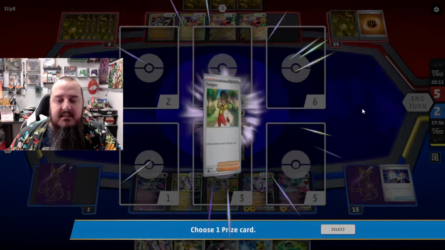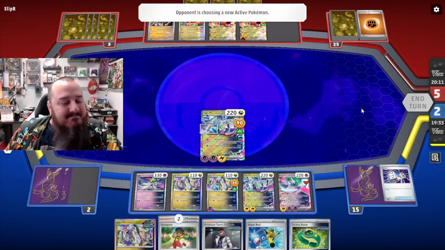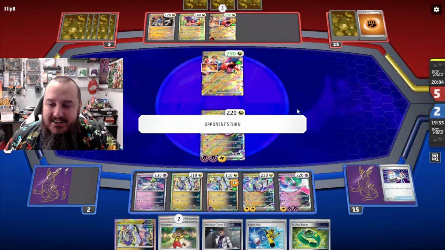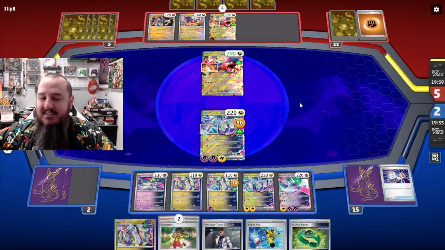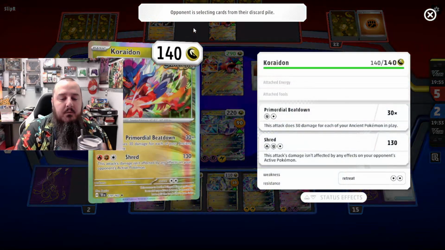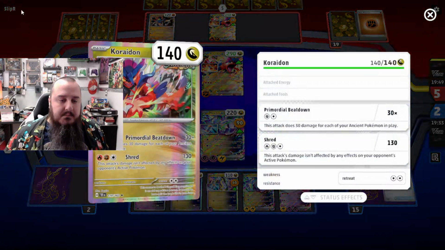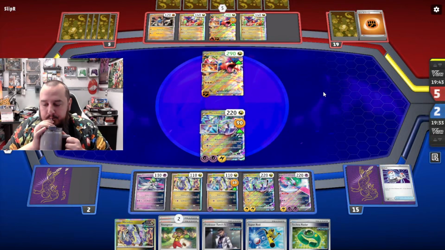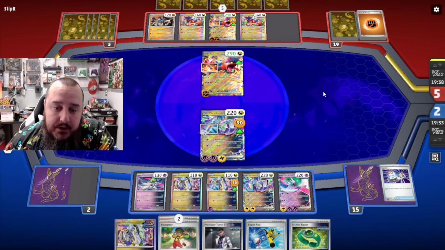Sadly, in the TCG, it does seem like Miraidon is the favored compared to Koraidon. I don't know why that is. I really like Koraidon. I just hate that Koraidon's cards are never as good as Miraidon's. Like, the Miraidon on the bench here is the best one with Primordial Beatdown. And even in Ancient Box decks, they prefer not to play this Koraidon. They prefer to play Walking Wake, you know? I can't really blame them. Walking Wake is good. So...